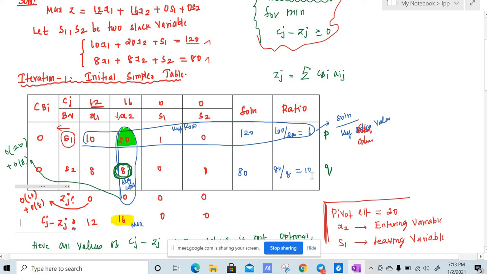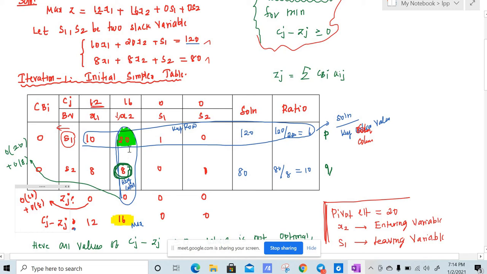Least positive value. Remember, the word is very important. Least positive value. Suppose you have minus 1 here, you should not choose minus 1 to be least, because we need to choose the least positive value. So you should choose 6 even though you have minus numbers here. Among positives you choose the least, which is 6 here. So this is called the key row.